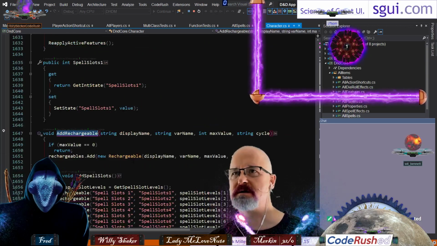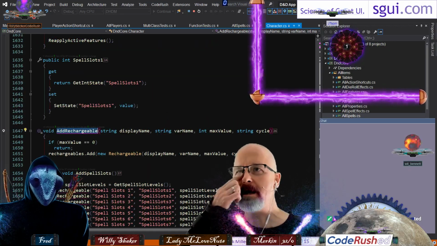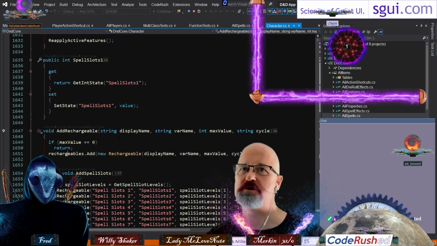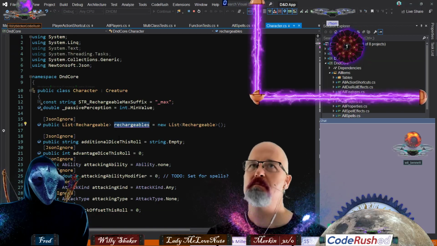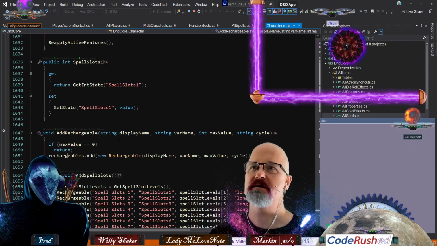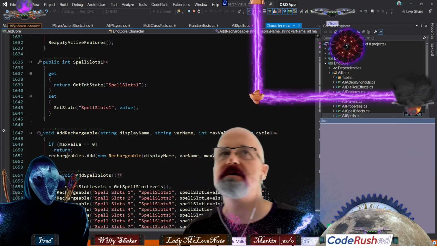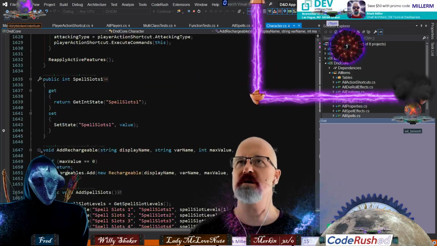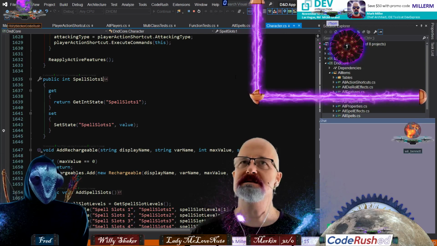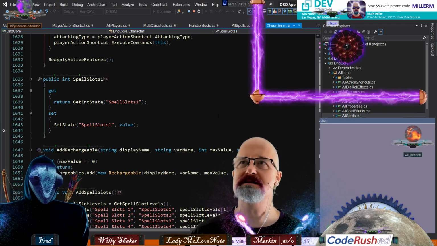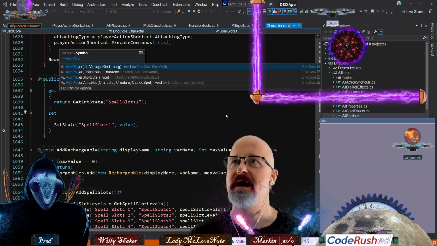Add rechargeable. Let's look at this. What's add rechargeable doing? It calls add rechargeable, which goes into just this class called rechargeable and adds it. Okay. But this thing is down in character. It doesn't go out and then add those to the UI. The UI happens somewhere else. And I think it's in a call to game.addPlayer. I think it's close to that.